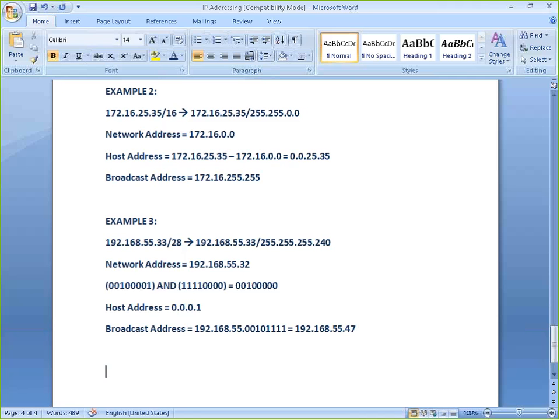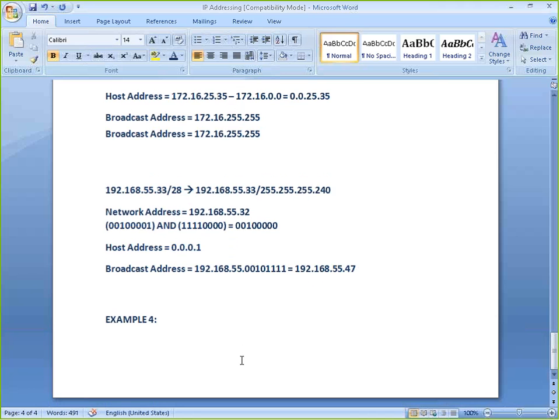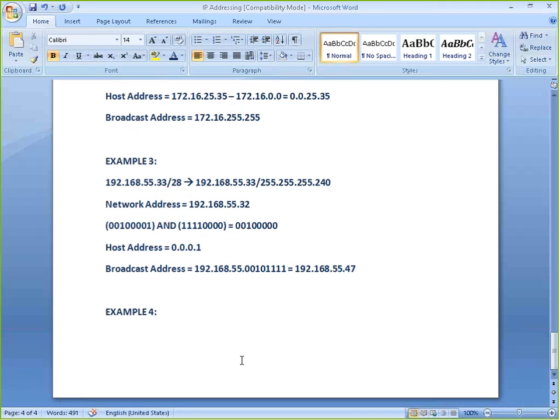The final example for this section, so that you are able to grasp the topic. So let's go ahead and do that. Example 4, that's what we're going to work upon now. Again the same thing. I'm going to ask you to solve this example and accordingly come up with the solution. So the question that I'm coming up with is